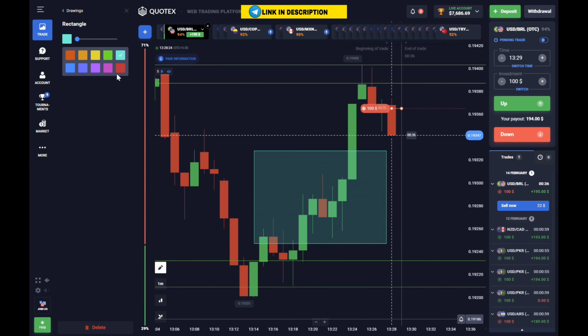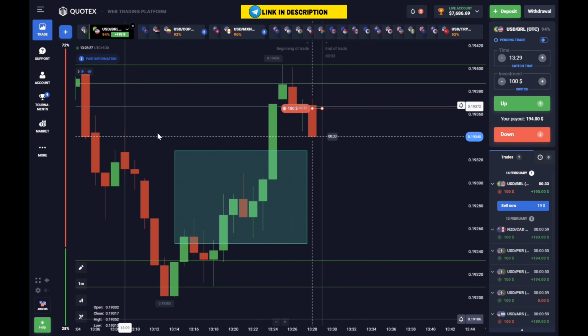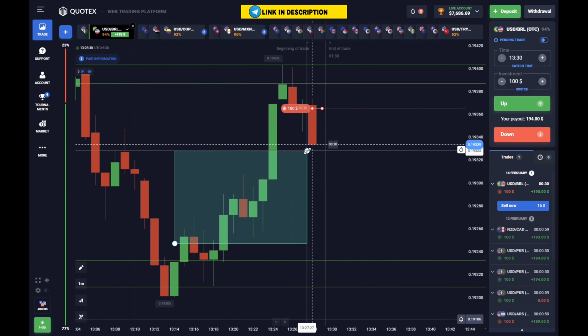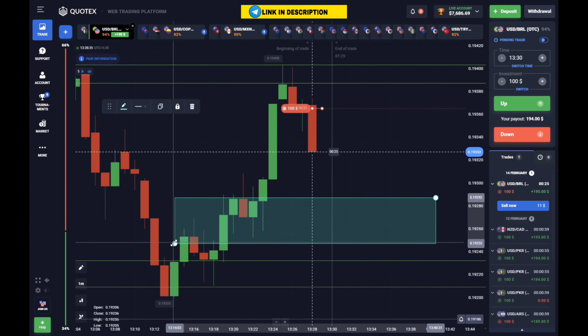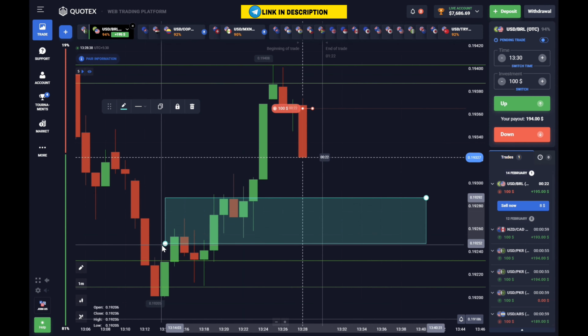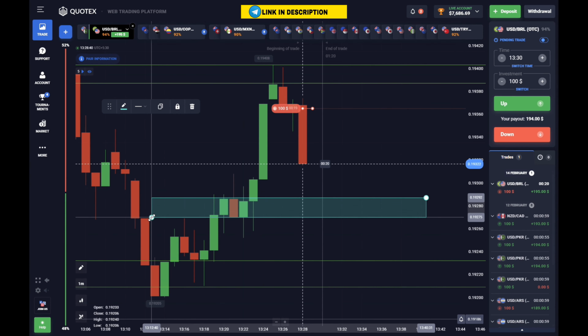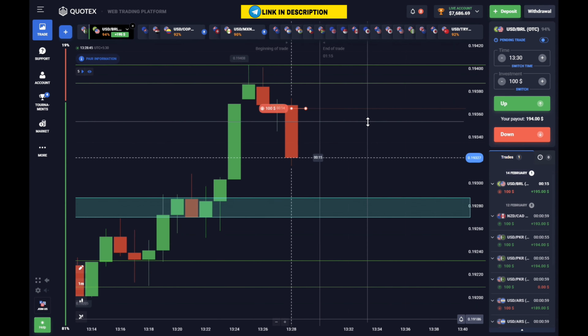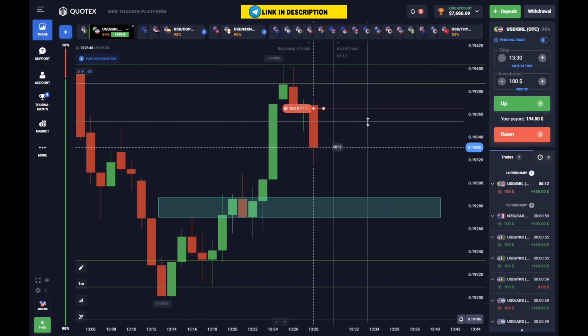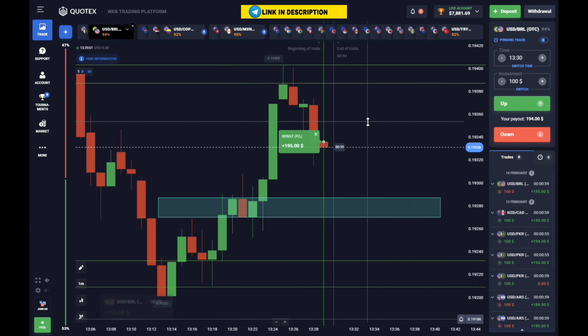After that, there's one more thing, the concept of the alone candle. Here I can also see an alone candle, so I use the rectangle tool for this. I've covered this alone candle here like this, covering its entire body with the rectangle. Now what will happen with this rectangle is that at the very least the market will test up to the rectangle, and only after that will the market move further. It's possible that there could be a bounce back here, or the rectangle could be broken. In that case, breakout scenarios occur. If the rectangle is broken, the market will go down to the support level. Even if it doesn't break, it's possible that the market will consolidate within the rectangle for some time.